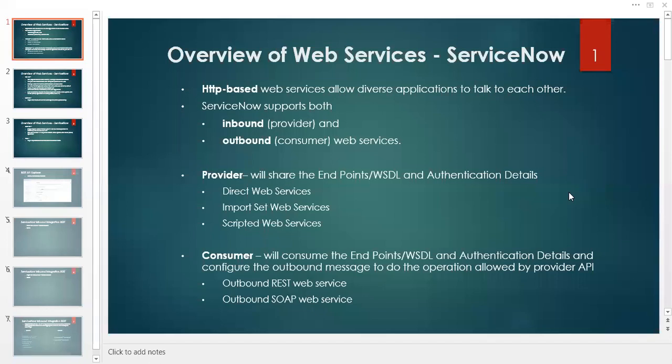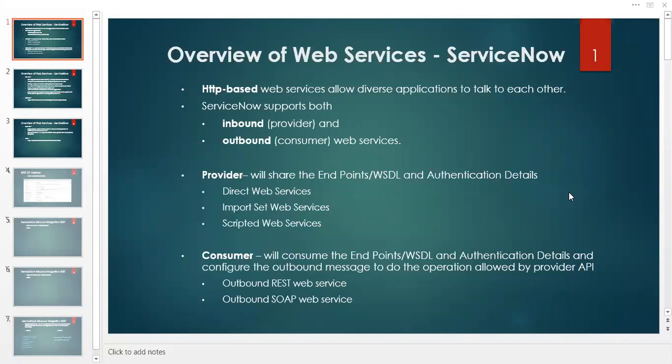Now I will be recording a few videos related to integration, which are basically based on REST. So why do we need to understand or learn integration? Because nowadays you will be seeing integration of one system with another system so that this system's records can be visible in another system, or this system can create some records in another system. All these kinds of requirements you will see day to day.